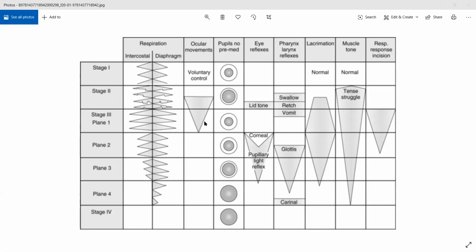Stage 3 in turn will be divided into different phases, phase 1 to phase 4. You want your patient in stage 3 of anesthesia, specifically in plane 4 of the third stage, surgical anesthesia. During this period, the anesthesia goes into deeper planes, and respiratory depression is seen, where respiration goes down, your reflexes will go down, both pharyngeal and laryngeal reflexes go down.